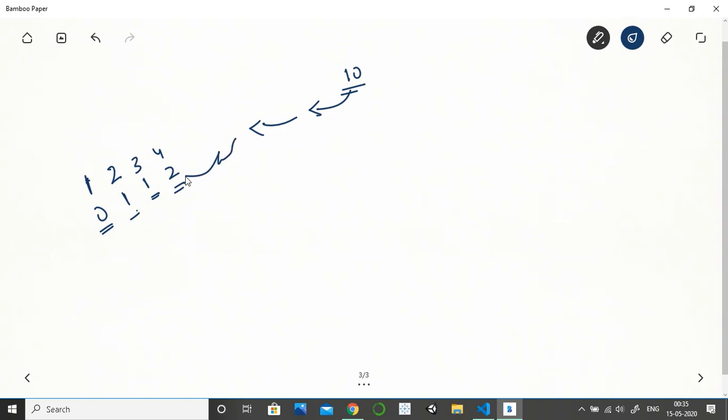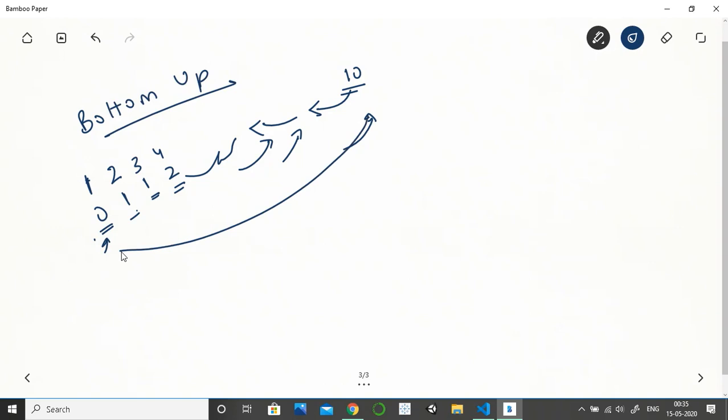Then we will proceed from there and reach 10. This approach is called the bottom up approach, because we are starting with a very low value and then making our way up to the top, and at each step we are storing the results.